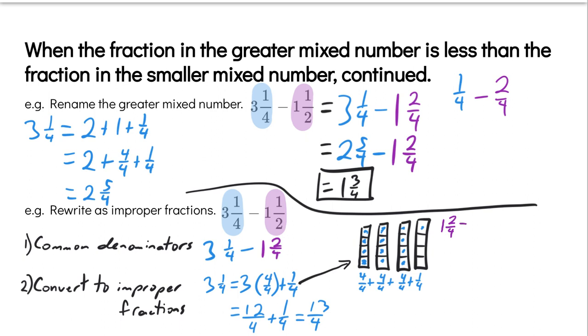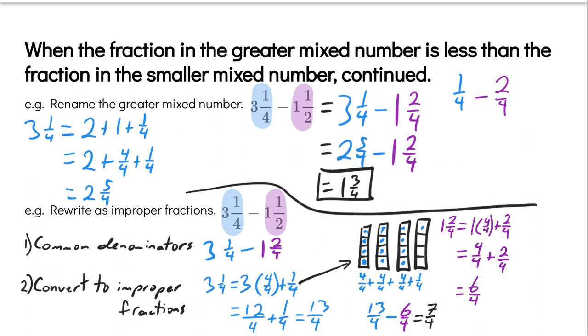So this is the same as saying 1 group of 4/4 plus 2/4. So we've got 4/4 plus 2/4. And what do we end up with? We end up with 6/4. Finally, we can put these two things together. We've got 13/4, that's our improper fraction here, and we're subtracting 6/4. And we end up with